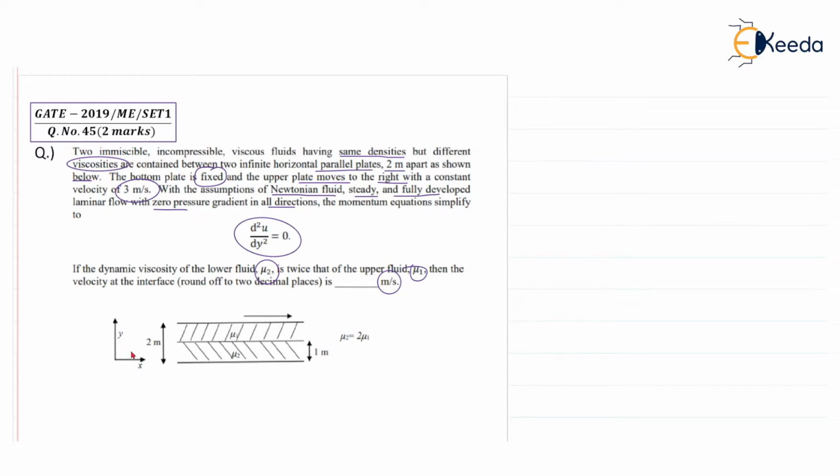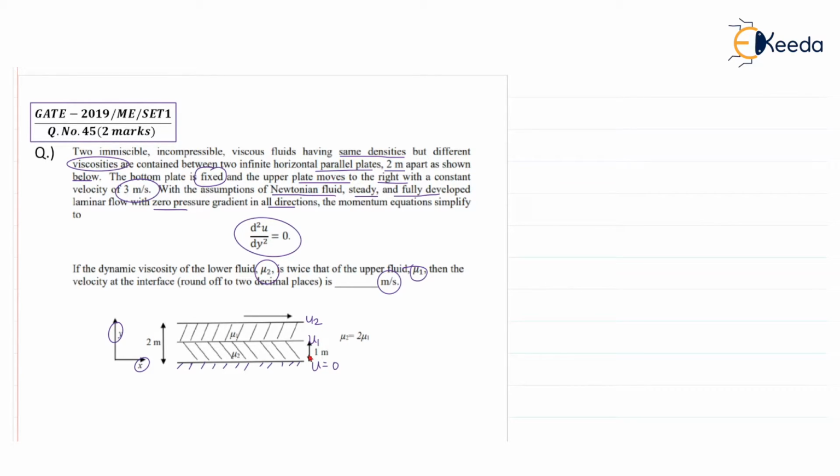So this is the x direction, y direction is given here. 2 meter is the distance between the two plates and the bottom plate is fixed, it is given. So this is the bottom plate which is stationary, you can see. Bottom plate is stationary, so I can put the velocity u equal to 0 here. And this is your u1 that we have to find, and this is u2. I have given the names u0, u1 and u2.